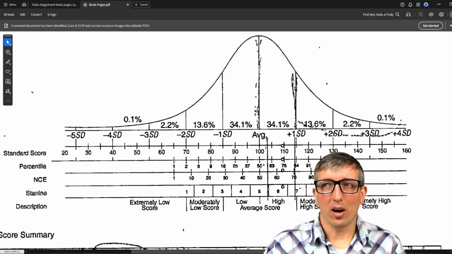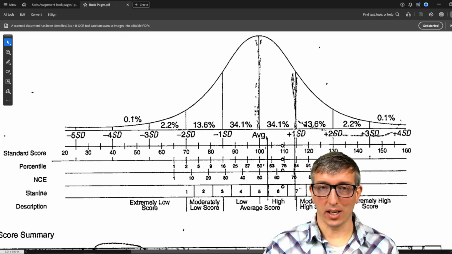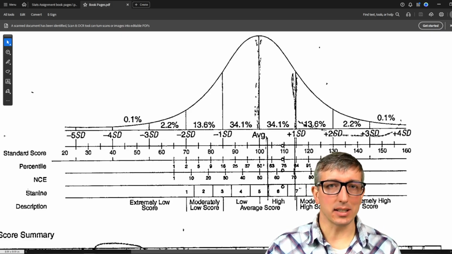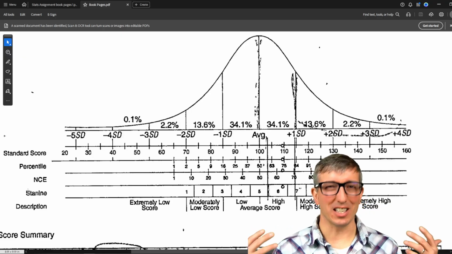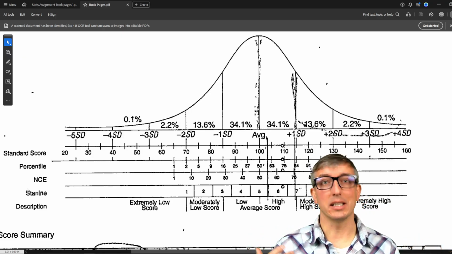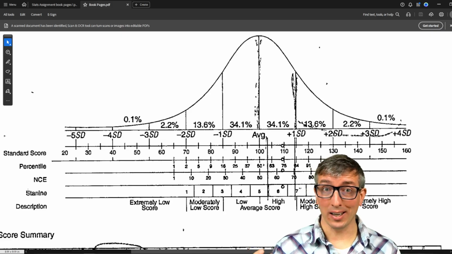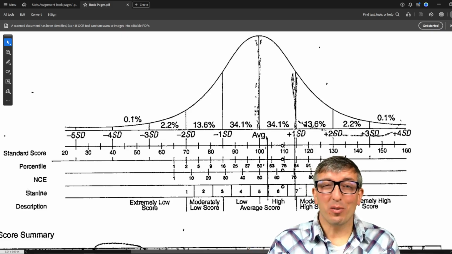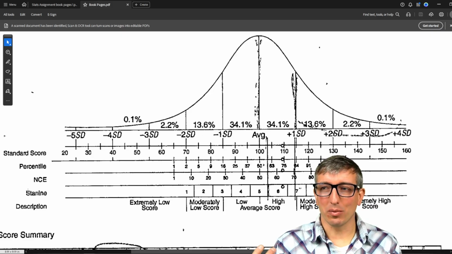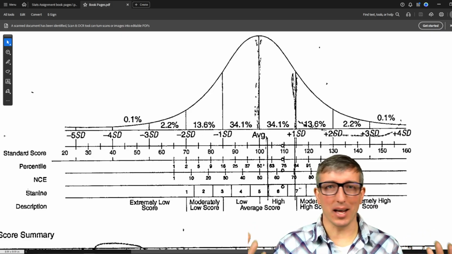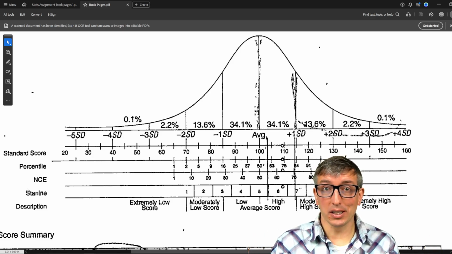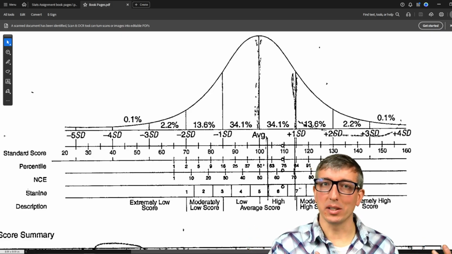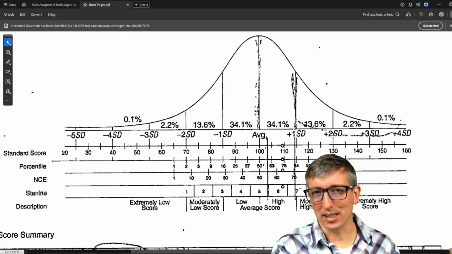Those show up almost exclusively in educational settings. I don't think I've ever seen a STEN score or Stay9 score outside of that in a way that really helps me understand. I do see them from time to time, but they're just not that useful. But you'll see a lot of those in educational settings. Why? I don't really know. I don't know if it means something mathematically or statistically, or if it's just that people get comfortable using those numbers and they make sense. And so they use the ones that make the most sense given what the data is.